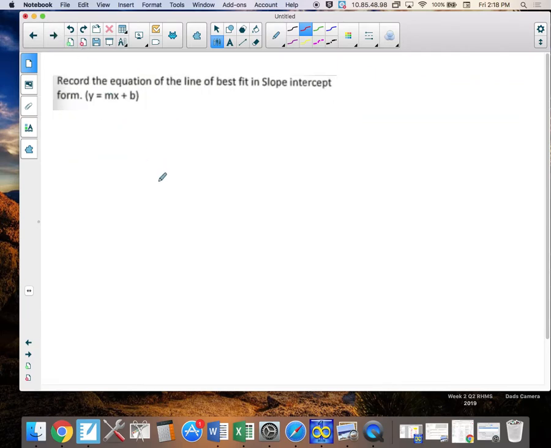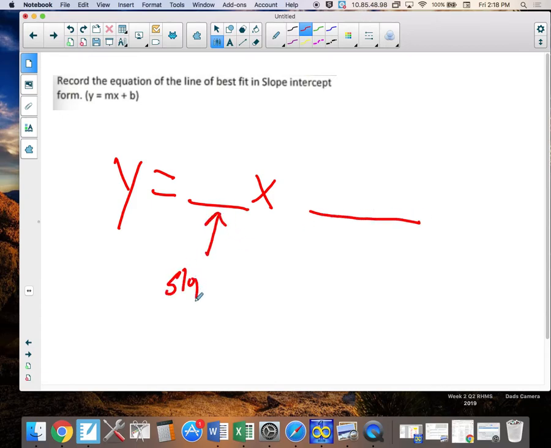Question number 4 is to write our equation of our line of best fit. So we have y equals blank x blank. Here's where we need our slope. Here's where we need our y-intercept. We already know our y-intercept. That was 6. So we get that number for free. We then have to fill in the slope,